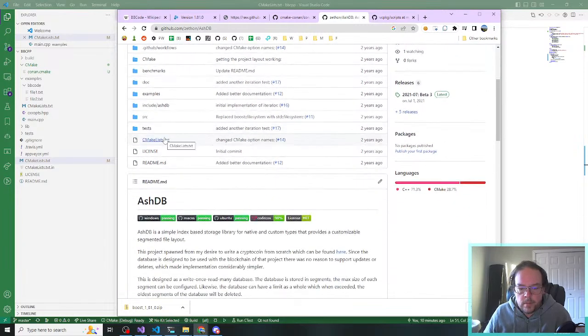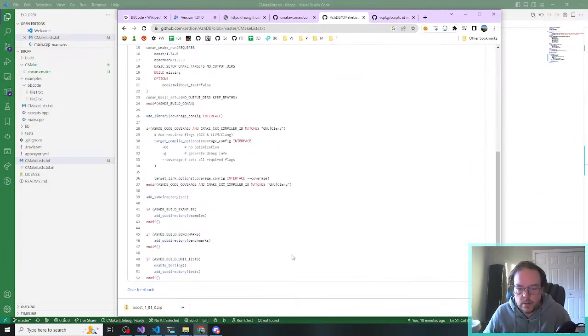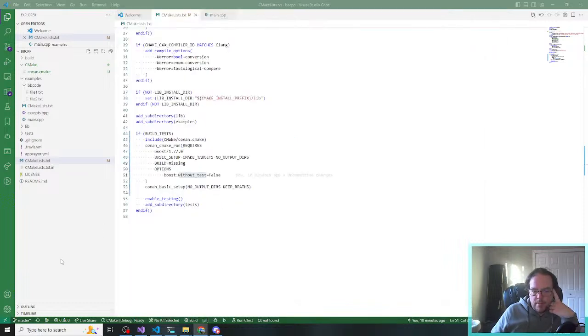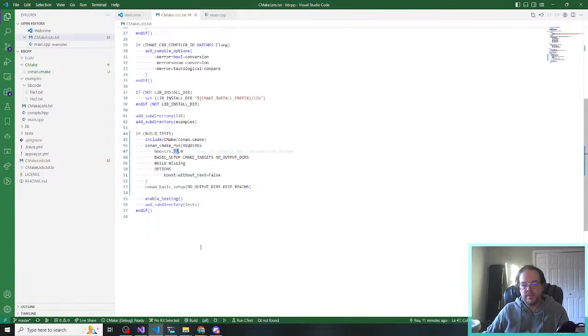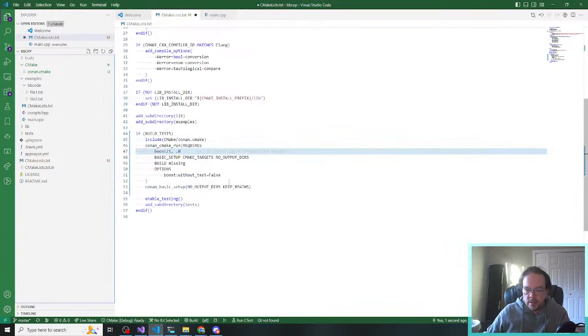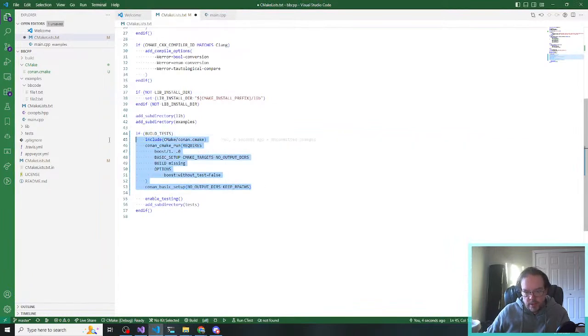So, let me look at this. So this just has the one option. This only has without test, and I don't know why that works and mine doesn't. Now I'm using a different version of Boost, but that shouldn't make much of a difference. Other than that, it is identical. I really wish I knew which project it was I was working on where I updated this, because the way that I'm doing this right here is old. That is the old way to set up